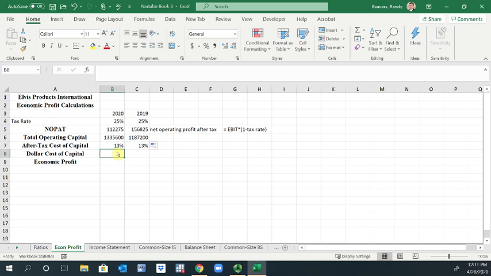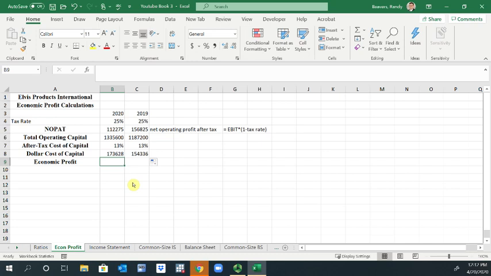The after-tax cost of capital, we want to consider everything after tax. So for dollar cost of capital, it's going to be those two multiplied together. That's our dollar cost of capital. So then the final step is what is the economic profit, or the value that's added to